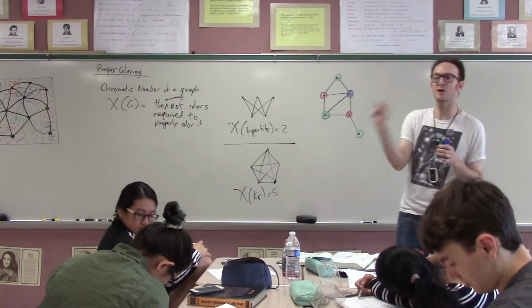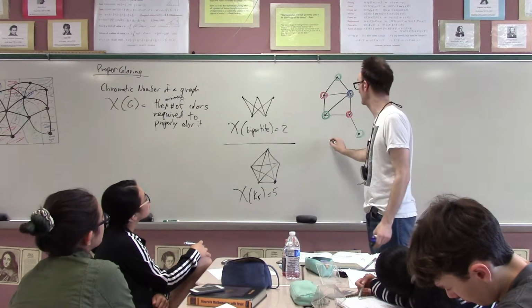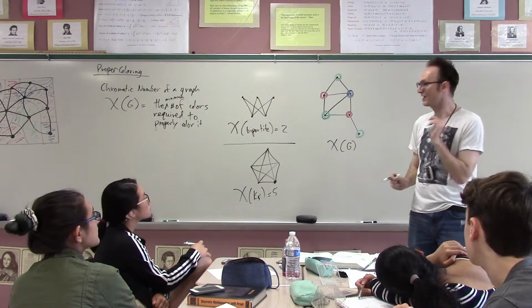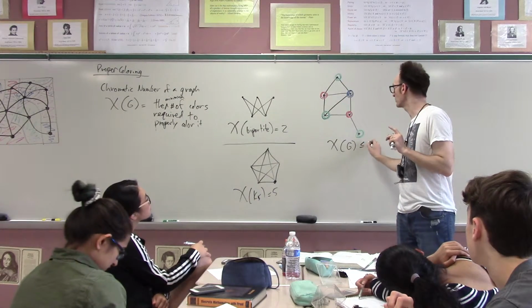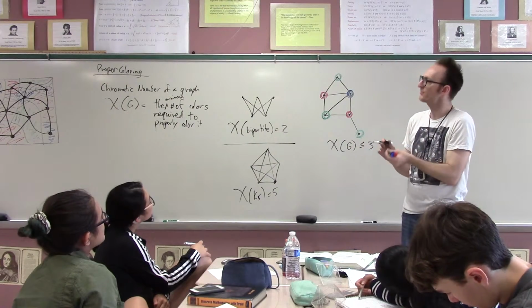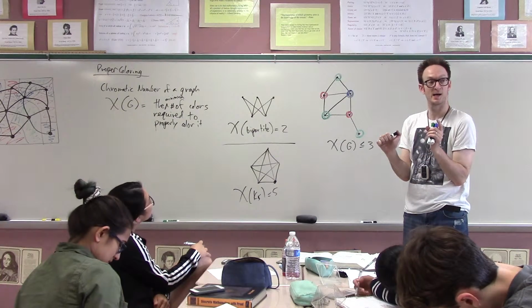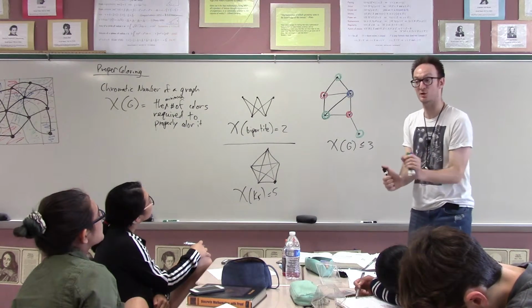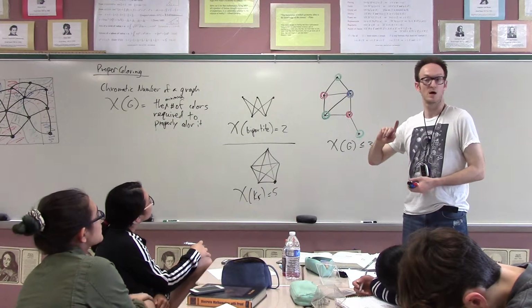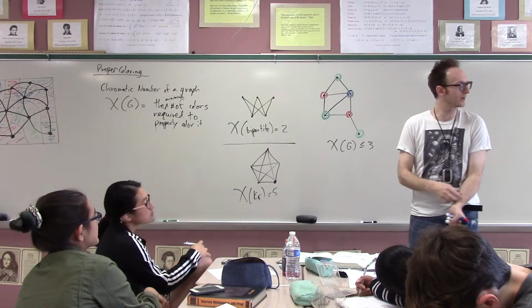Now I have not actually determined that the chromatic number is 3. What have I determined specifically about this graph? Right, what we would say is that the chromatic number is less than or equal to 3, because the chromatic number is defined to be the minimum. So if you want to prove of a particular graph that its chromatic number is something, you have to